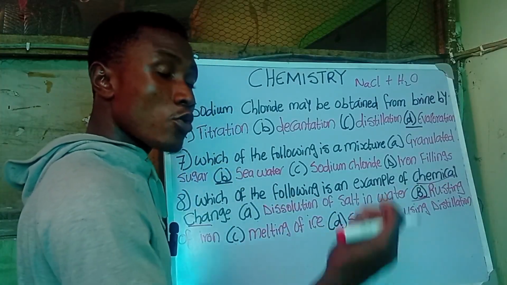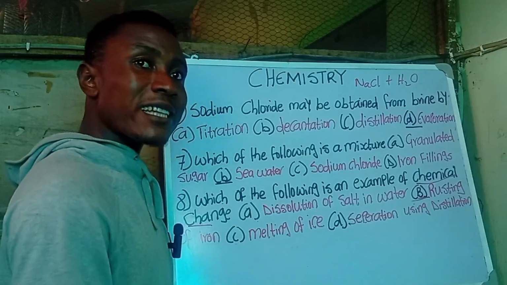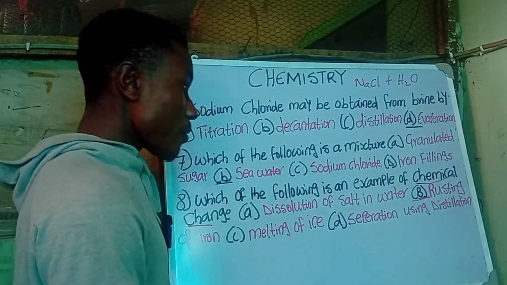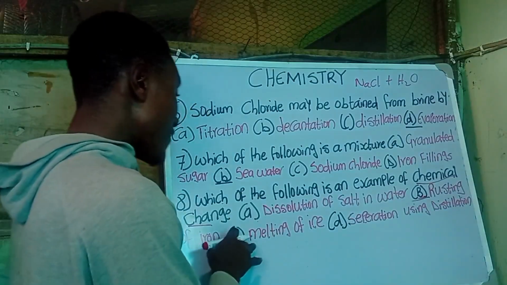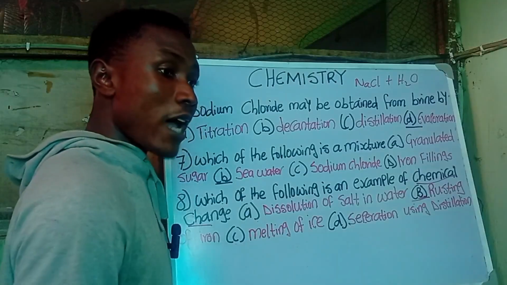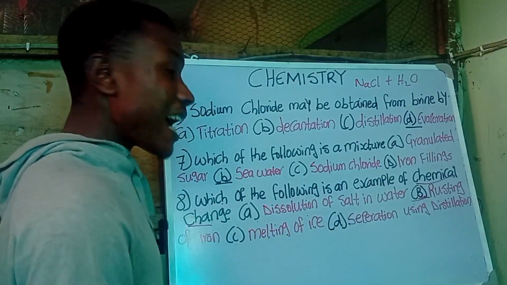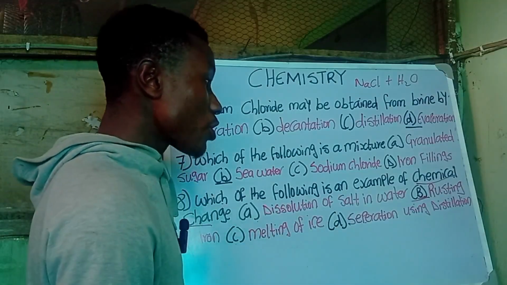And when it rusts, it turns brittle, and it cannot get back to iron again. So a new substance is formed, which is rust. Rust iron, right? And it is irreversible. We have C, melting of ice. When you melt your ice, it can still be frozen, because you can put it back in the freezer and get it to be frozen. Separation using